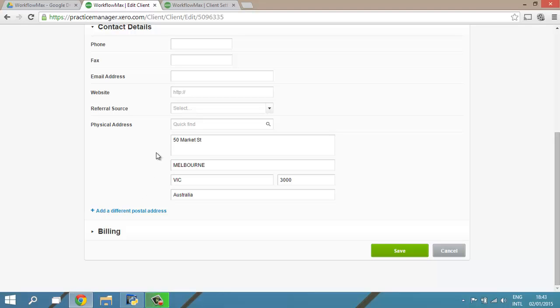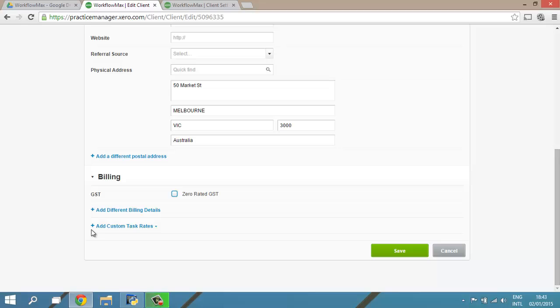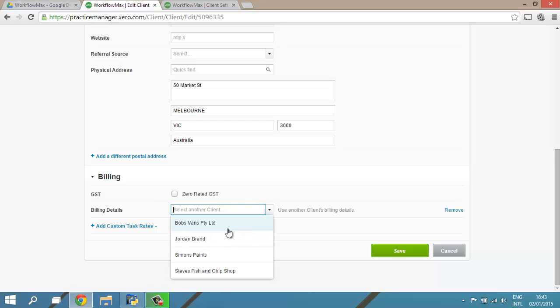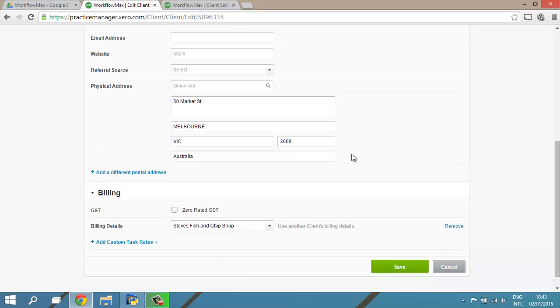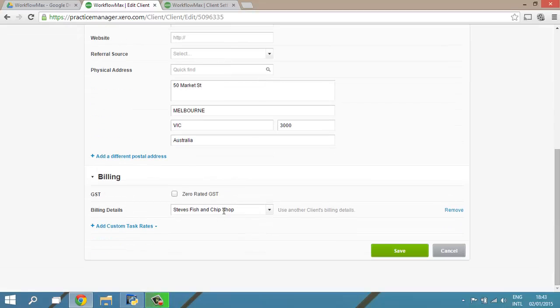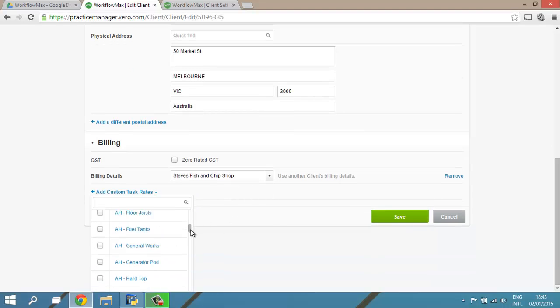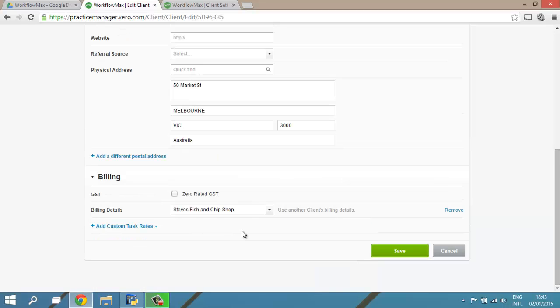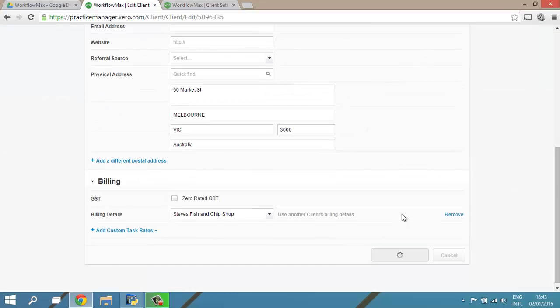You can add a different postal address, or if it's the same you can just keep it the same. And then for billing detail you've got zero rated GST, which we talked about before, and you can also have different billing details. So for example, if we did this here, then we perform the work for Henley Homes, but we invoice or bill Steve's Fish and Chip Shop. So maybe Steve's Fish and Chip Shop is rented from Henley Homes or something similar. We can also add custom task rates. So for the task rates you've got in the system, you can say this client gets them at a particular rate, but a lot of clients we know don't particularly use that. They mainly just use these areas of setup. So I'll just save that back,